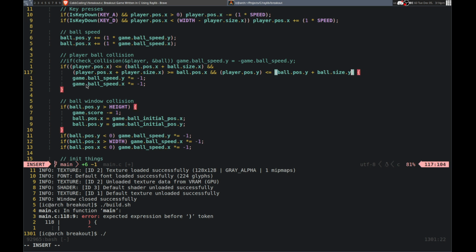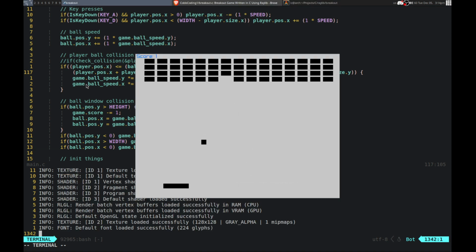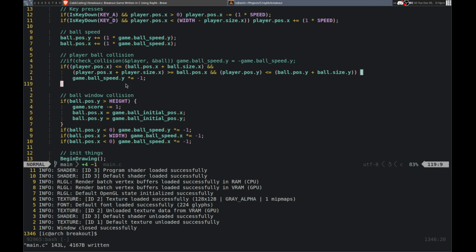Oh, because I have that and. There we go. Alright, so that should only bounce on the top. If it hits the side, it shouldn't bounce. Yeah, so then it just kind of breaks like that. So, we don't want to change the X. And then we need to,